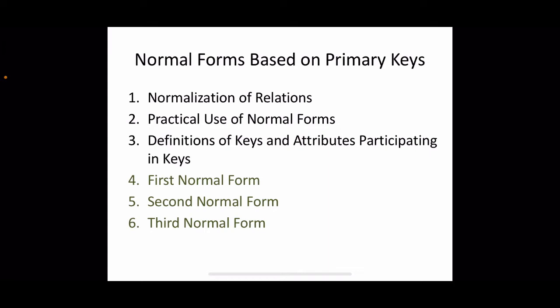Okay, so we will use these conditions to check whether our relational schemas are in some normal forms. And if they are not in some normal forms, we will decompose these relations so that they will be in a normal form. So why are we doing so? Why are we doing this normalization procedure? To improve the quality of this relational schema design. Okay, so we will see what normal forms are and how the normalization procedure is done to improve the quality of a database schema.